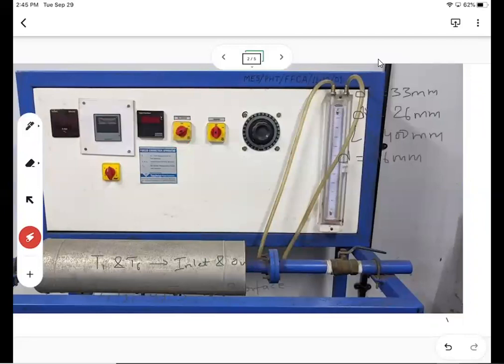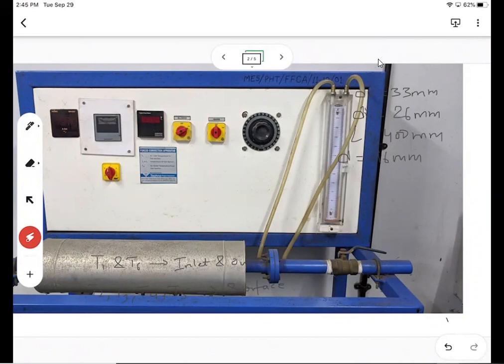While starting the experiment, you have to make sure that all these switches are in the off position. Once you start, you have to turn on the blower first, and then you start with the heating. The dimmerstat should be set at 0 initially, and then you can increase it slowly and make sure that it does not exceed about 200 watts.